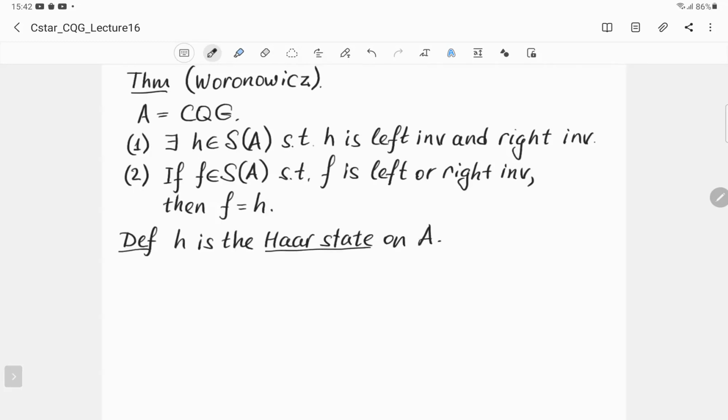The terminology is clear because in the case where A is commutative, we know that A is the algebra of continuous functions on a compact group. And in this case, h is just the integration with respect to the Haar measure. It will be convenient to divide the proof into 3 steps. So step 1, or lemma 1,